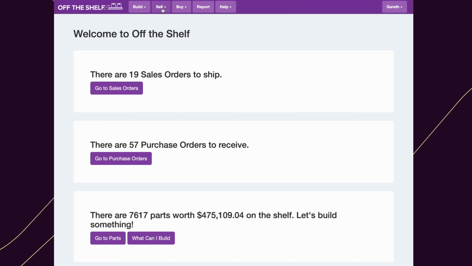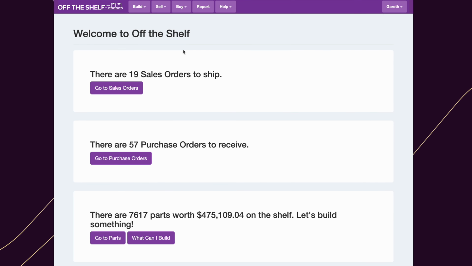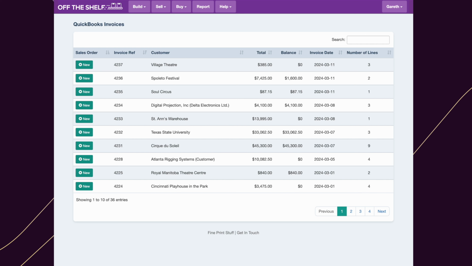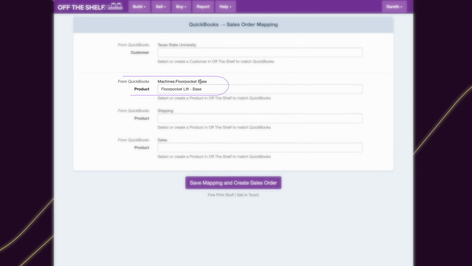So I'm going to start with going to my QuickBooks invoices screen. And this is where, of course, we can see all of the things that have been sold by our sales folks. You can do this from estimates or from invoices. And if I look at this Texas State University order, I can see that we've got a floor pocket base. This is not a product we sell a lot of, but recently it's been in a lot of engineering